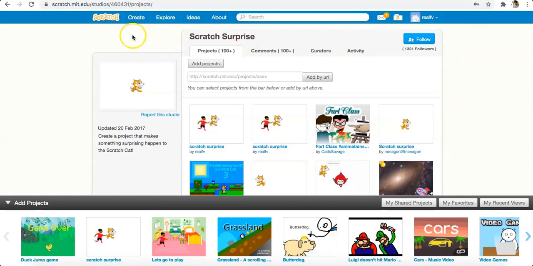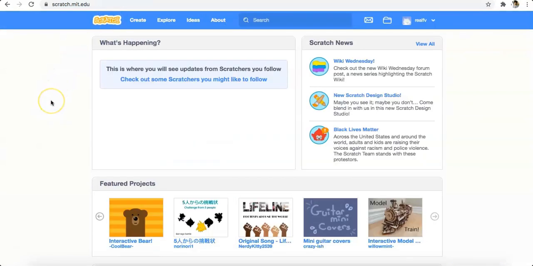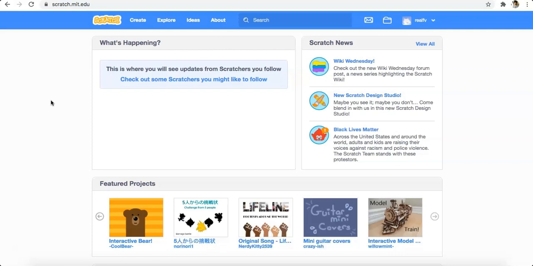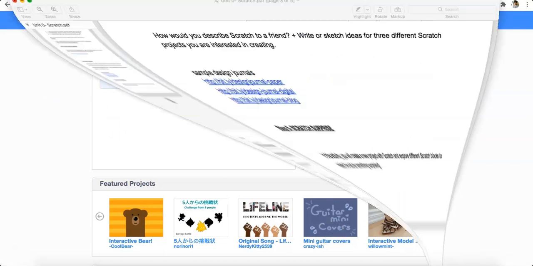Now, apart from all these things, the last thing I want to tell you: to learn anything new, or to create something new, you need to be collaborative, you need to be helpful. So I would suggest you create a critique group. Now what is a critique group? Critique groups introduce students to the idea where a small group of their friends or designers or your teacher can share ideas and projects in progress with each other, and they can get each other's feedback and suggestions for further development. For example, let me show you one thing.